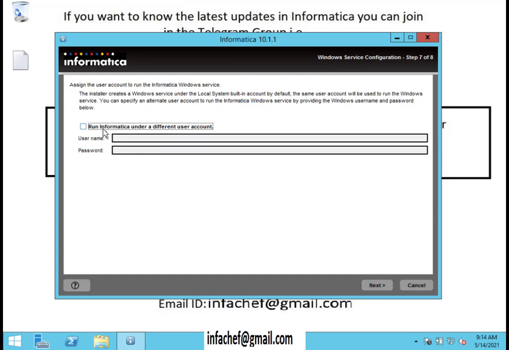It's asking on which user the services should run, and I'm giving the local account itself. If you have any other account, you can give the user ID and the password to run it, and I'll be moving to the next. So it will try to execute the commands. It's trying to start the services here. Once it has started the services, it will try to ping the domain with the administrator user, and it will verify whether it is able to ping the domain or not. Once it's pinged, it's trying to ping the administrative services also.